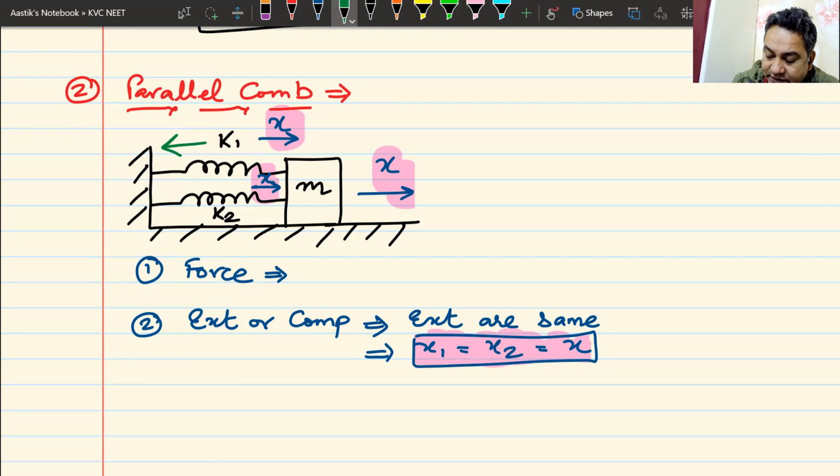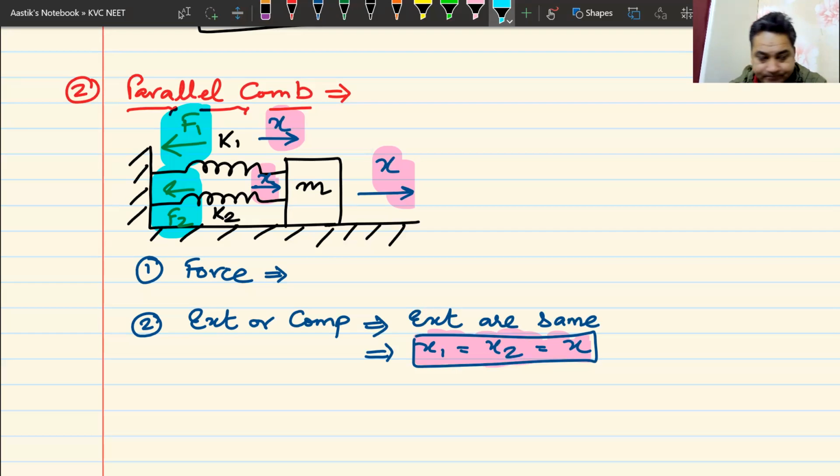Let us say the force here obviously will be a pulling force. It will be pulling it backwards, F1, and the force in this spring is F2, the green one. What do you think will be the relation between F1 and F2? Are they going to be the same? Remember, in the series combination, they were the same. Are they the same here? Oops, wrong color. Here extensions are the same. What about the forces in the spring, the blue one?